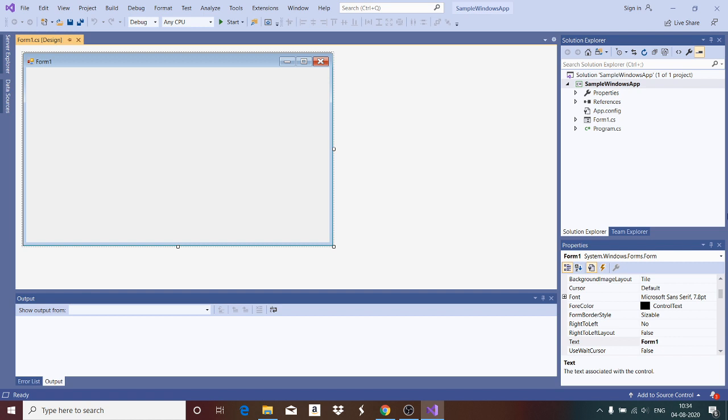So this is on the right-hand side. In the Solution Explorer you will have all the resources and files that are associated with the application.